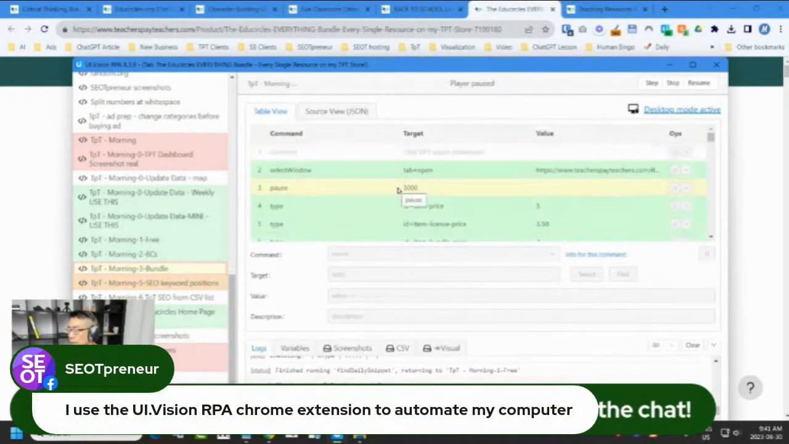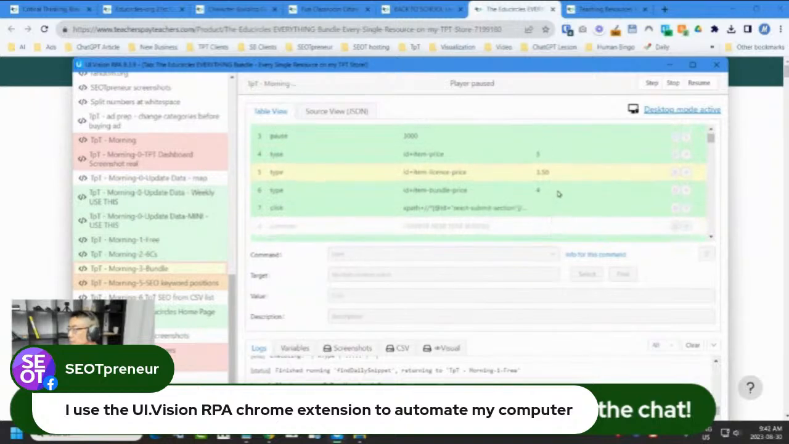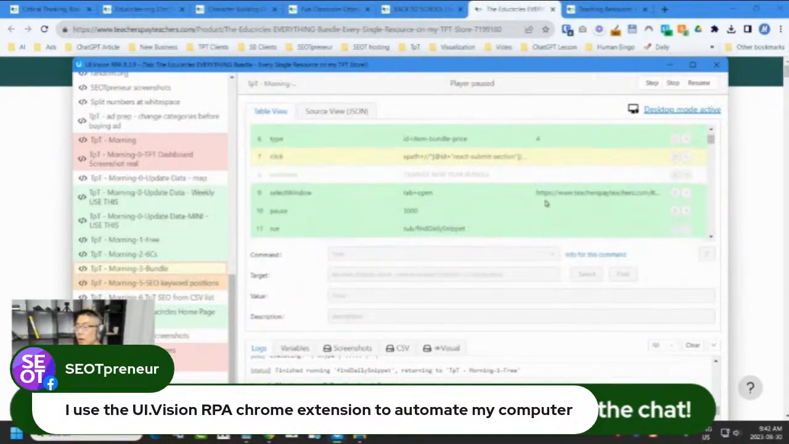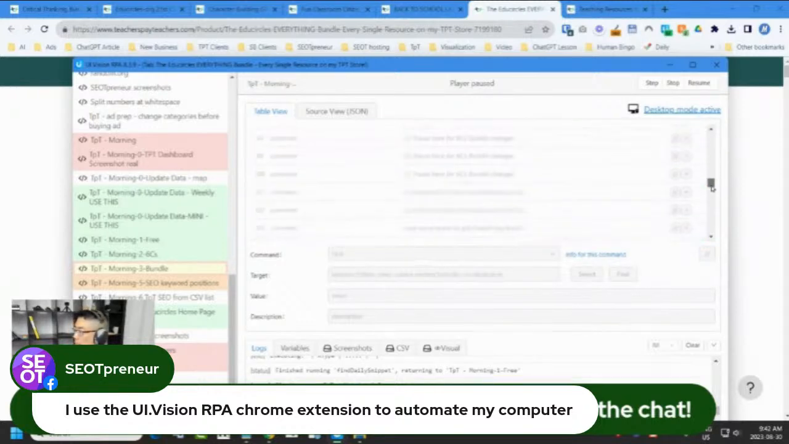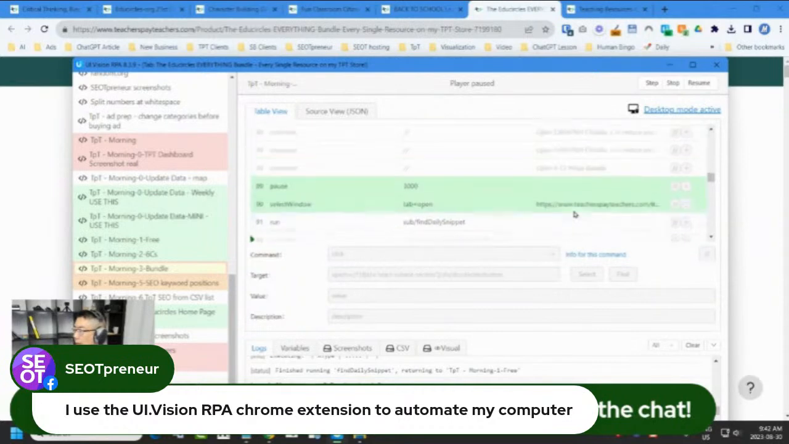It waits for 3 seconds, 3,000 milliseconds. It goes to the item price, changes it. It changes the license price. It changes the bundle price, and then it clicks submit. And then it opens up the next one. So what I'm going to do right now, so I pause that. I lowered the price for my